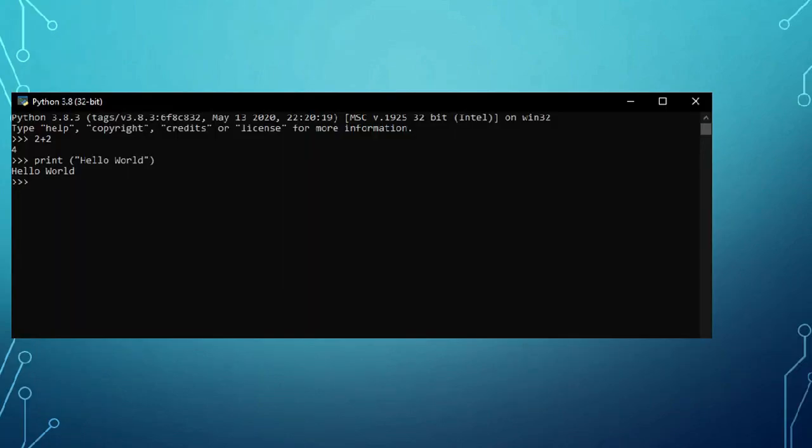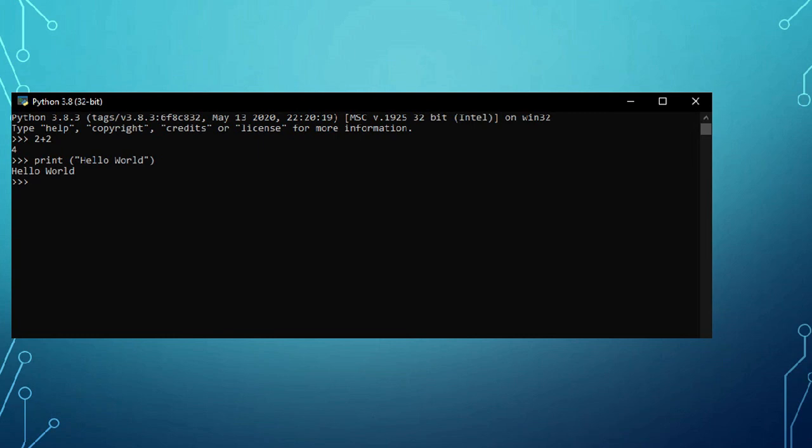And next one, here comes what Python looks like. So Python exactly looks like CMD, and its scripting is very simple. Like if you want to add two numbers, you just need to write 2 plus 2, and if you want to print something, then you have to write print bracket and within double inverted commas you just write your text.